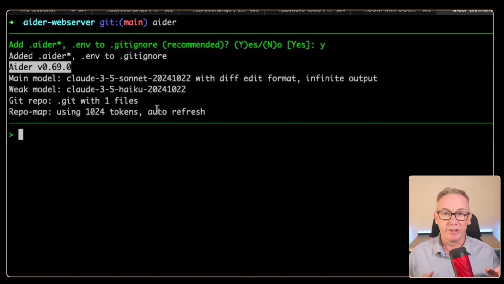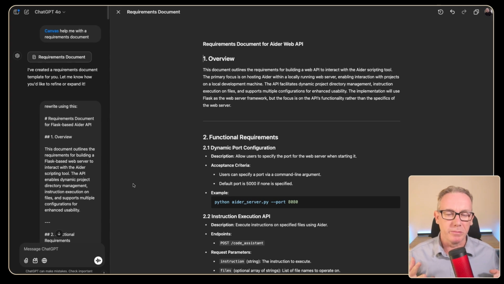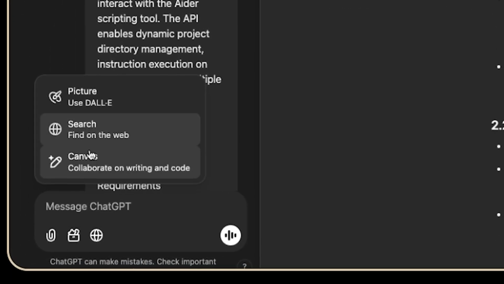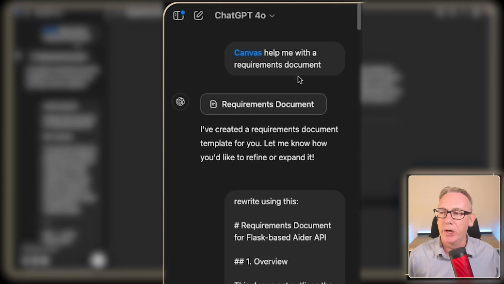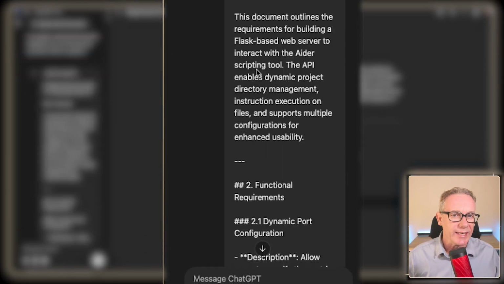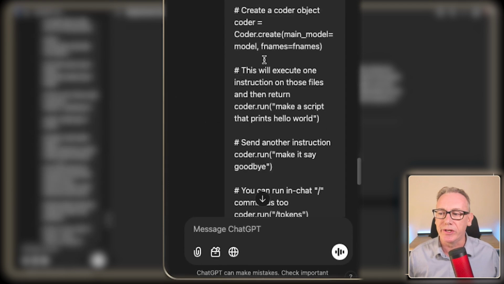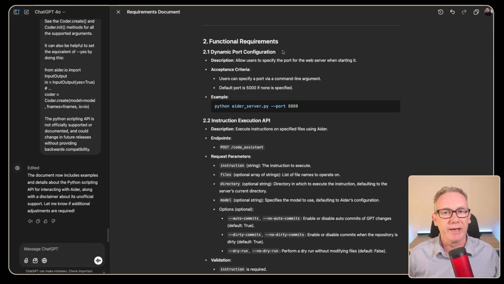And so now what I want to do is just put together a prompt that might help us build this particular application. Whenever I'm building an application from scratch, I like to build a relatively detailed requirements document, and the way I would do that here is I'd come down and select canvas mode, which we've seen here, and I'll paste in information and have a conversation, and by the end of this conversation we end up with this